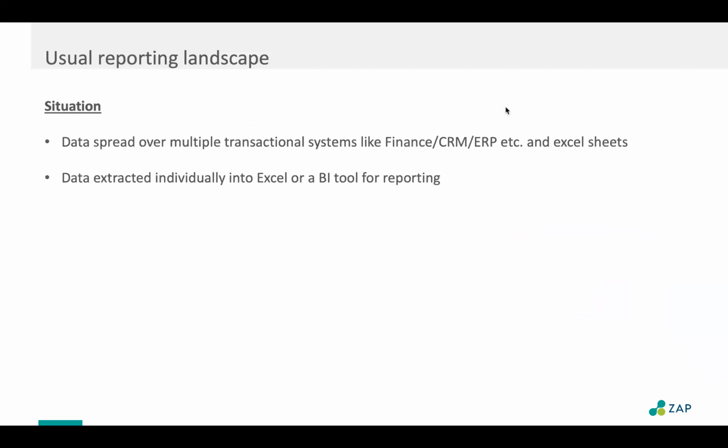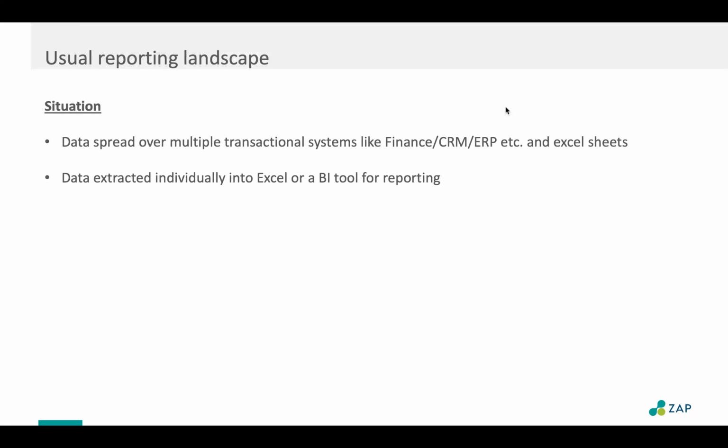So let's start. What does the usual reporting landscape we come across look like? This is the situation we see quite a lot, where the data is spread over multiple systems. It could be an ERP, like your SAP Business One, or other systems: finance, a CRM, an ERP, HR, payroll, Excel sheets because you're doing budgeting and planning there, and so on and so forth.